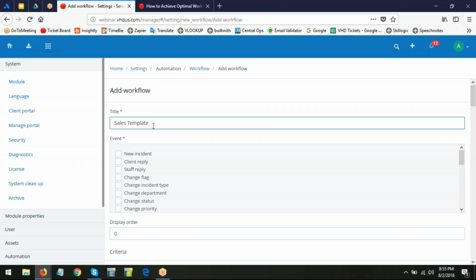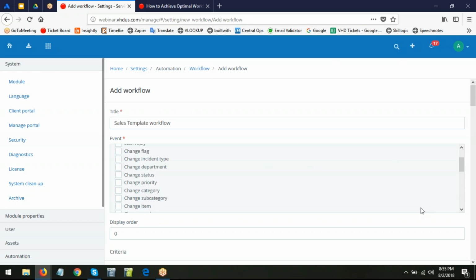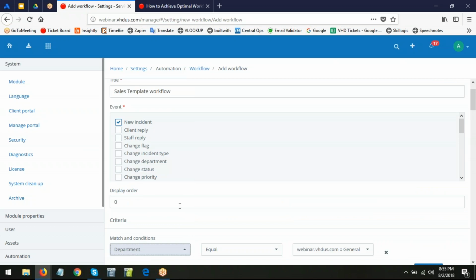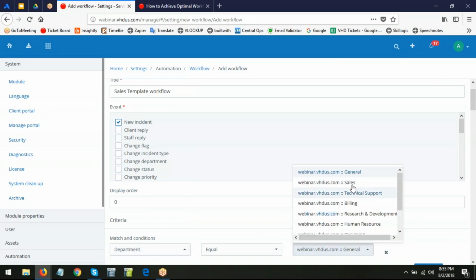I'm adding this for the sales template, and over here I'm defining that in case of a new incident, and if the department equals sales,